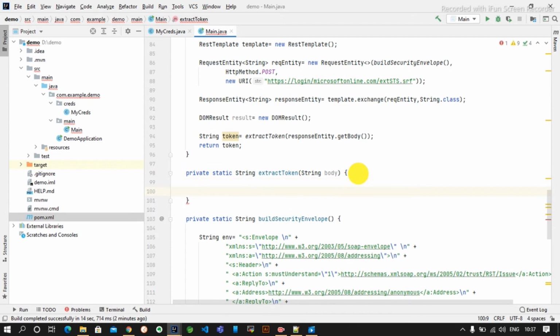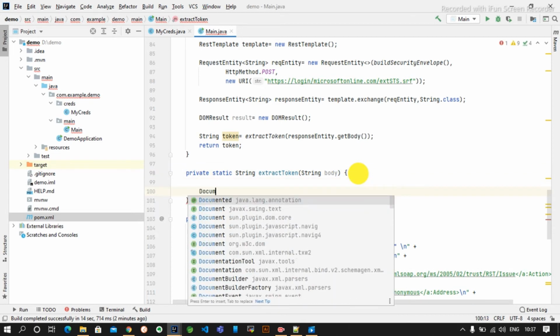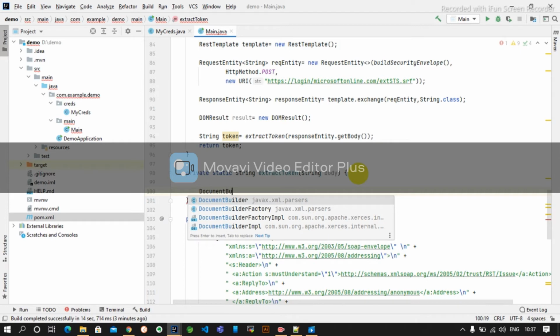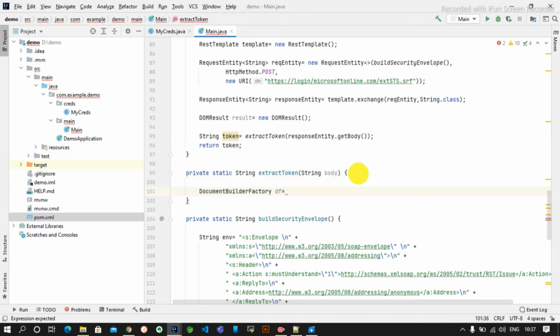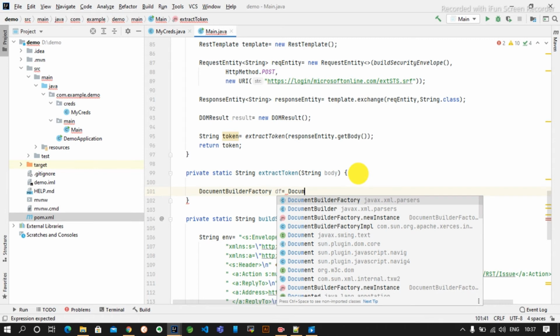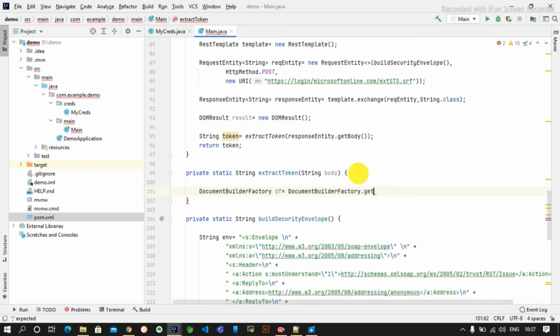Okay, now you will use document builder factory. We want document builder factory because from the factory only we will initialize some object. Document builder factory dot new instance.